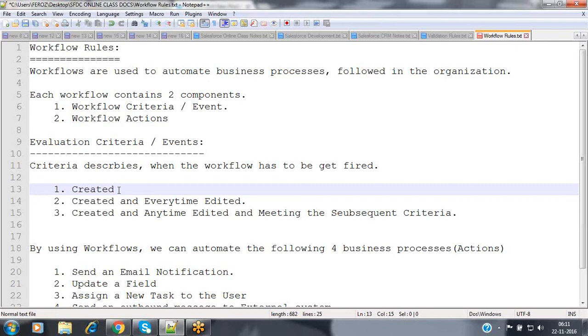Observe the difference between this workflow and the validation rules. The validation rule will get fired before inserting the record or before updating the record into that object, automatically, to validate whether the user has entered the data in all the mandatory fields or not, and whether the user has entered the data in a correct format or not. To validate the data, we are using validation rules. Validation rules always fire before inserting the record, before performing that operation. Before inserting that record itself, it is firing.